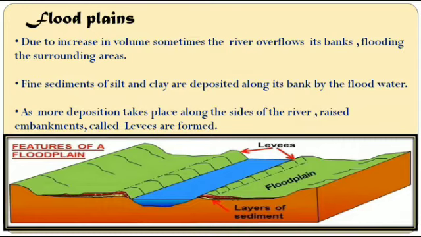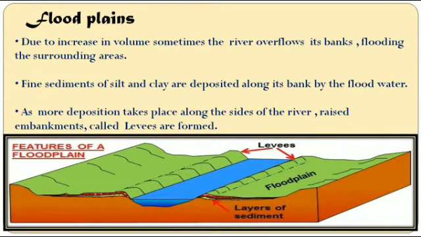Fine sediments of silt and clay are deposited along its bank by the flood water. Now, what is the silt and clay? It is the same thing which I told you in the waterfalls, that the rocks are cut down. When cut down, it turns into pebbles. From pebbles, it is turned into fine particles, and that fine particle is known as the silt. And this silt and the clay, that means soil, are being deposited in the nearby areas, in the side areas